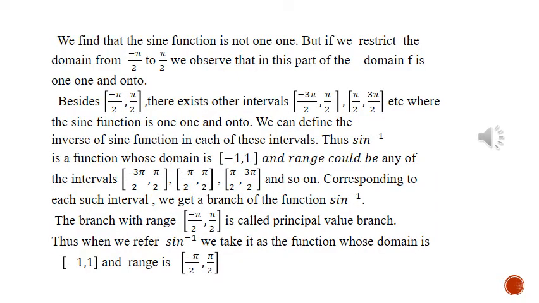Now, in this situation, we cannot find the inverse of y = sin x, or the inverse of the sine function. What is the reason? In the previous chapter, we learned that the condition for a function to have an inverse is that it is one-one and onto. For a function which is one-one and onto, there will be an inverse. So here the sine function is not one-one, so we cannot find its inverse.